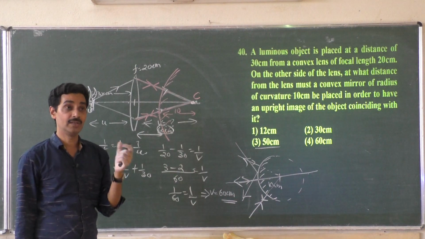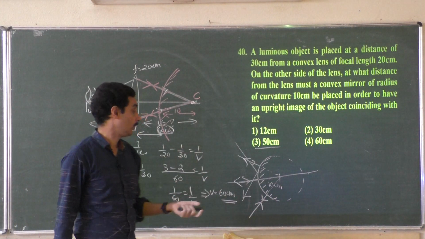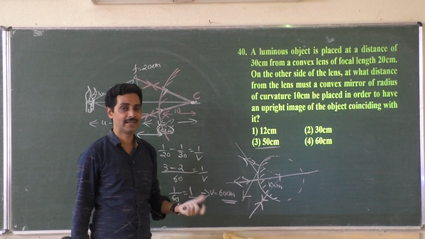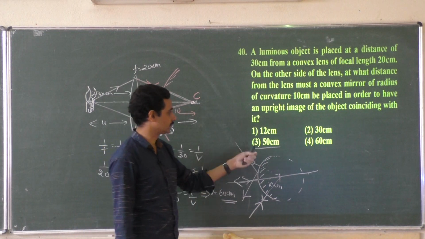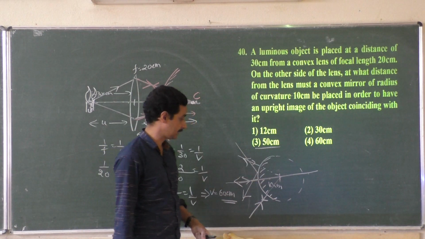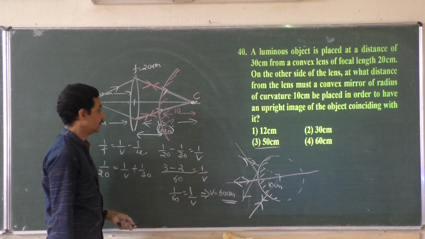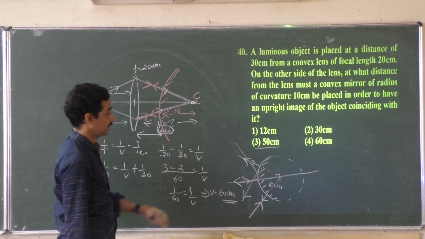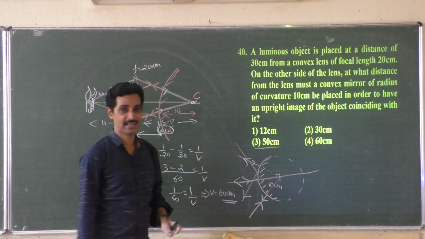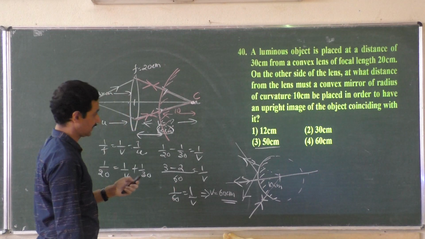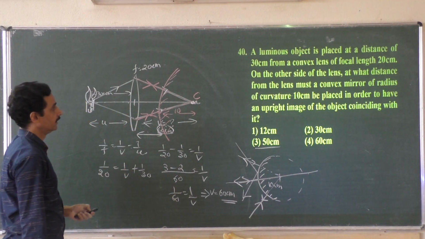Finally, see whether you have answered your question or not. Once you get all these things, while answering, if you write 10 centimeter, it is gone. Thank God there is no 10 centimeter option, right? But suppose there is 10 centimeter, there is a chance of ticking that too, right? So be very careful while answering.